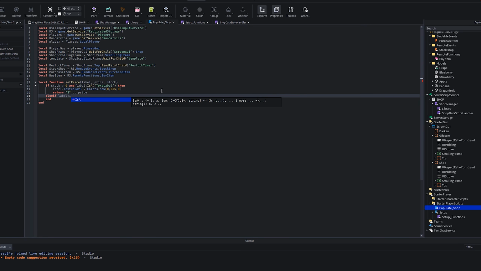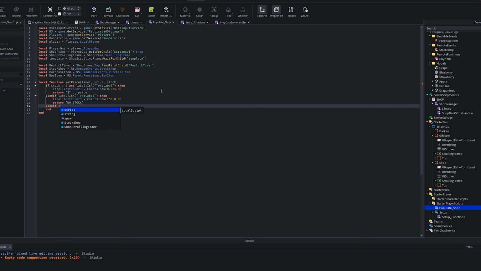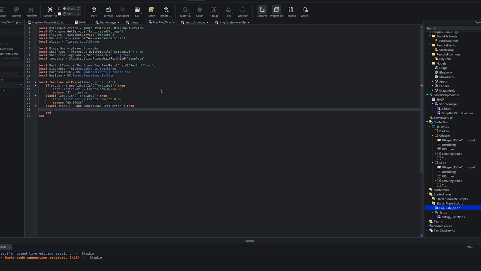elseif label is a TextLabel, but the stock is not greater than 0. We're going to say label.TextColor3 = Color3.new red, and then we're going to return "No stock" because it's out of stock, and then we're going to do another elseif and say stock is greater than 0 and label is a TextButton. Then we're going to do label.TextColor3 = Color3.new, and this will be white,